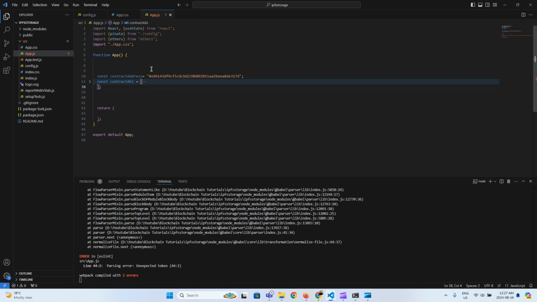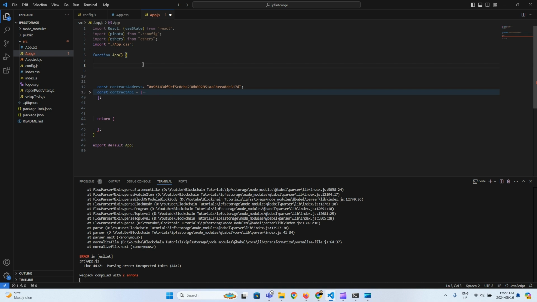At this point we are almost done. So now let's start writing our application. We just created a smart contract and we just put this address and ABI here. To start the application, we need to store three things: the file we have selected from the front end, the IPFS hash we have stored in the IPFS, and the stored IPFS hash that is stored in the blockchain network. So we need to retrieve it. So we need to store all these three variables simultaneously. So we need to use useState,